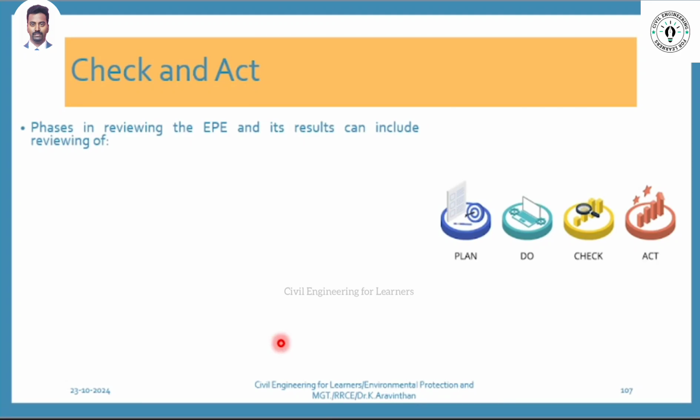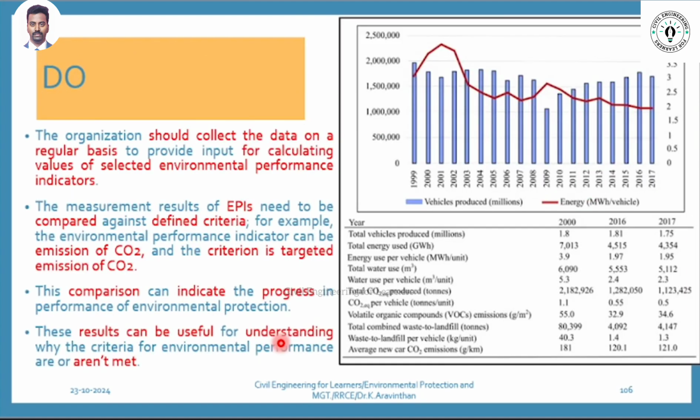Planning, doing, checking is two things. What are they? They will do management review and internal audit. After doing all this, can you tell any suggestion for this car manufacturing unit? What is most higher? Carbon is being reduced to a drastic level. CO2 emission, the consumption of water, they are doing in 50% only. Consumption of energy, they have 50% improvement. So they have to concentrate here.